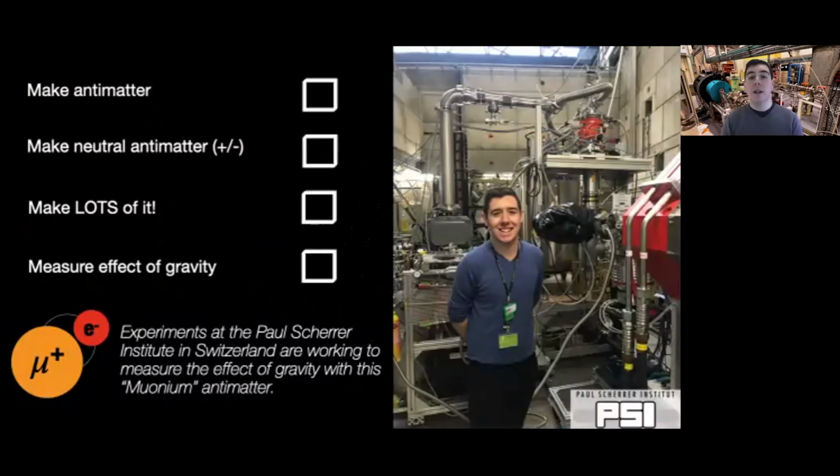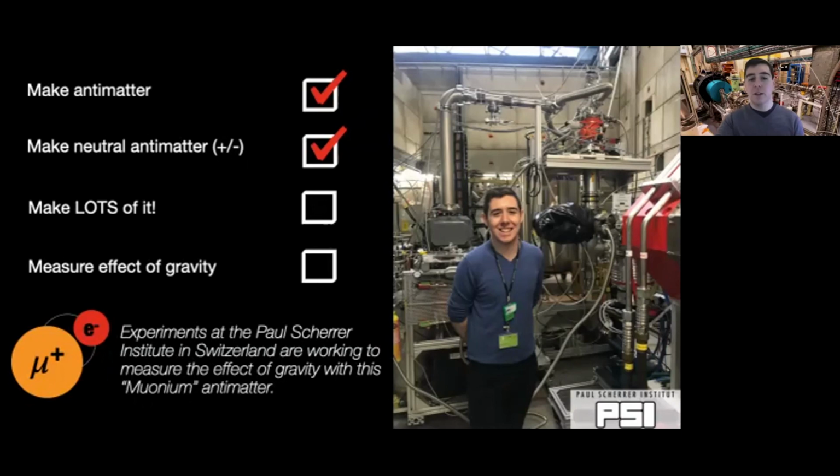So we can make antimatter, and as I've just shown you, we can transform it into a neutral form so that the effects of gravity by itself can be seen. But because these effects are so very small, we need to repeat the process many, many times. And this is quite common in science, where we need to watch something over and over again in order to understand the average behavior.